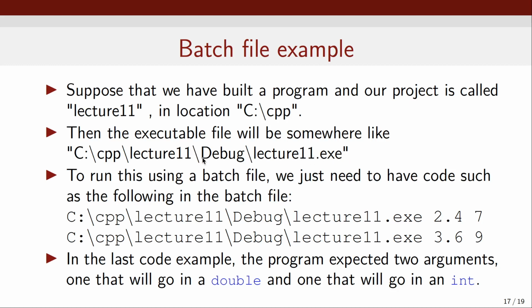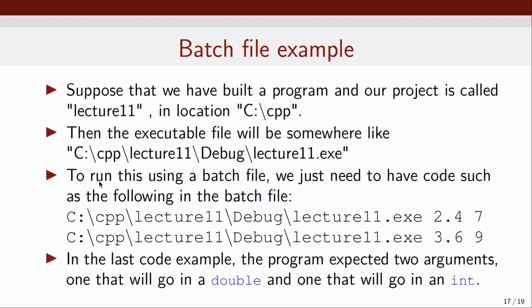There may be an x86 or an x64 here before debug. We may have to go one level deeper. But anyway, the executable will be somewhere there. Maybe there's x64 here after inside that folder, and the debug folder will be inside there. And then to run this,